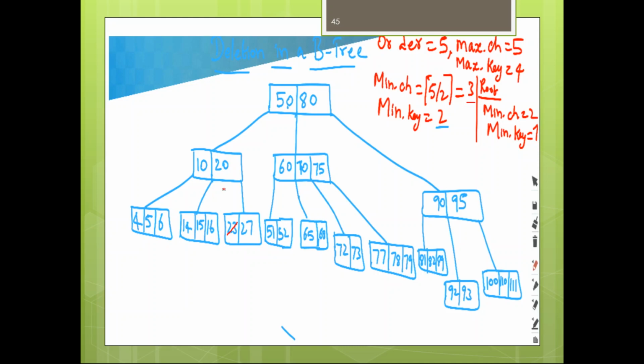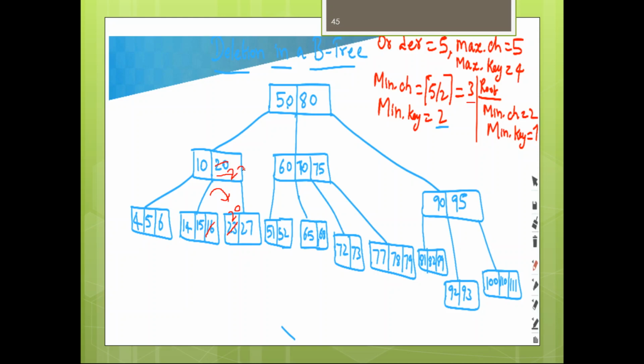Now we are borrowing from the left side, so we call it a right rotation. We perform right rotation. We have to locate the particular key of the parent which is in between these two nodes. So this 20 of the parent will come down, and this 16 from the nearest left sibling will replace this 20.